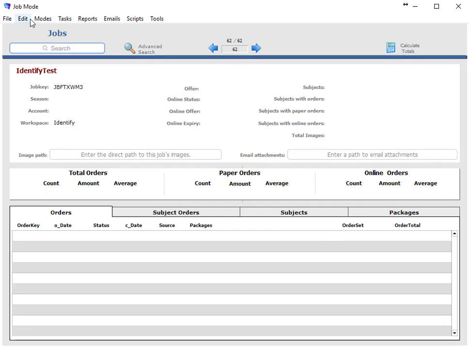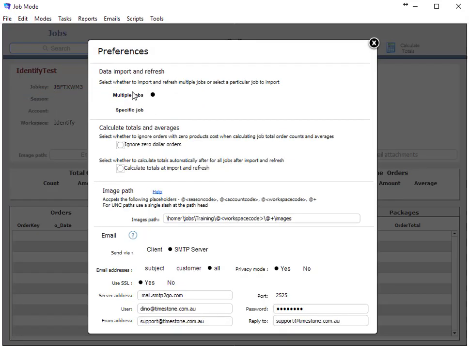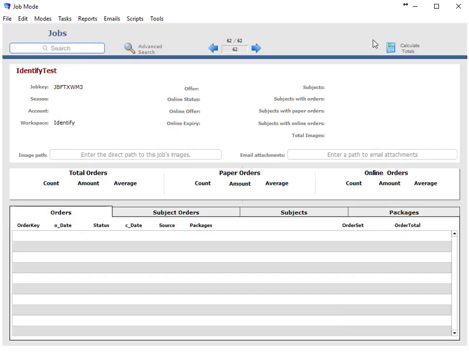If we go to edit preferences, you'll see at the top, data import and refresh, select whether to import and refresh multiple jobs or a particular job. If you want to just bring in a specific job, and that's the way you'd prefer to work, hit specific job and tell it which database you want to use. For example, the training database in my case becomes my default. Now when we launch tsPortal or we do a file refresh,